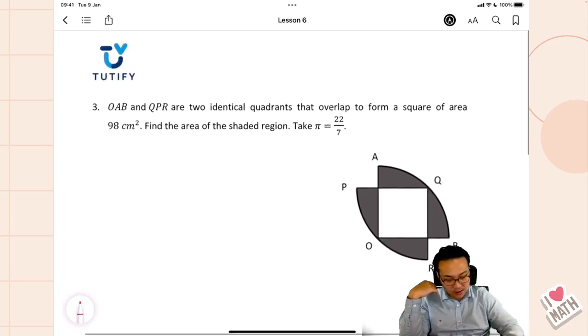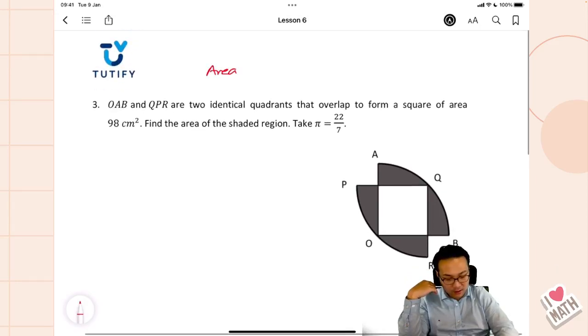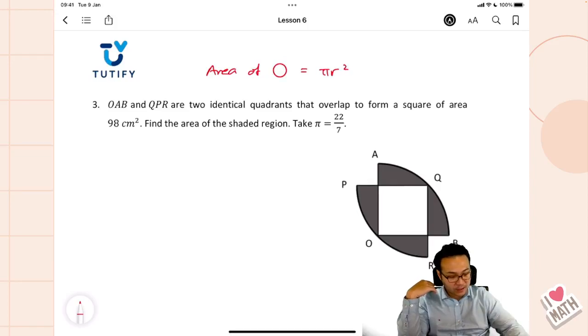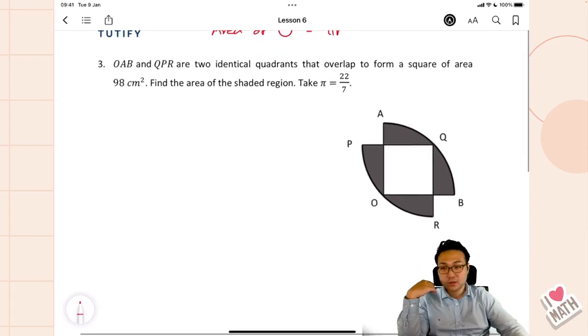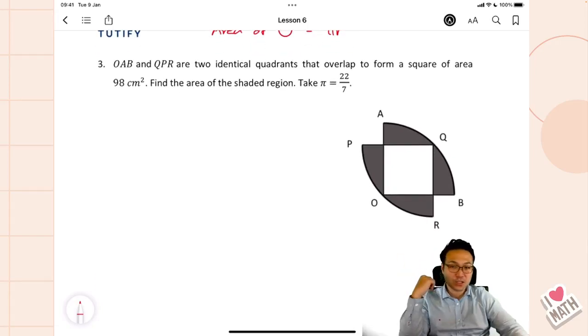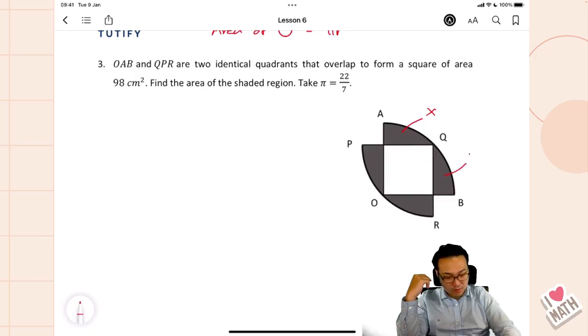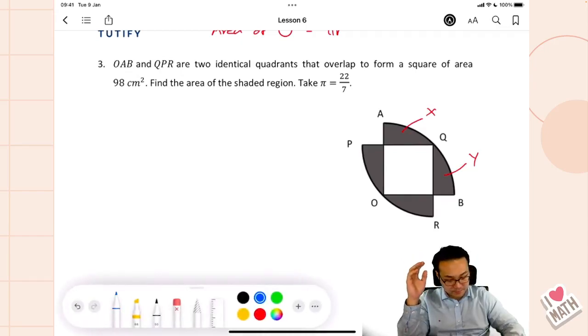Remember just now I told you all that the area of a circle equals to pi times r times r. Pi times r times r. So how are we going to solve this one? They want you to find the shaded region, right? So first, why not we call this x? And why not I call this y? Okay? If I want to find x plus y,